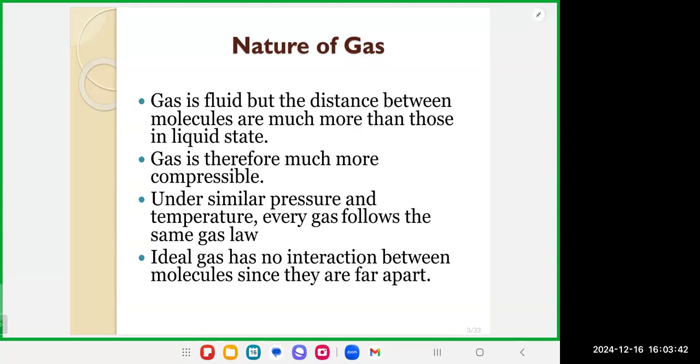Under similar conditions, for example pressure and temperature, the gas will follow the same law, which you can see in the following contents. We also apply the ideal gas for the simplest case, in which each molecule of the gas has no interaction, which means that they can collide and crash into each other, but they cannot have potential between each other.